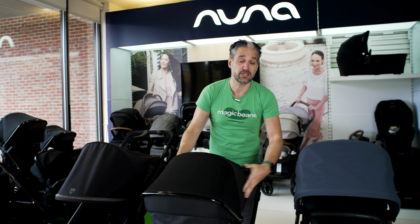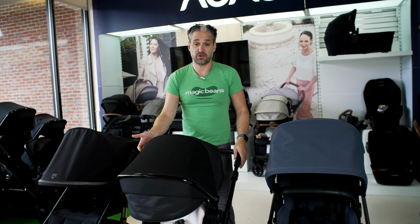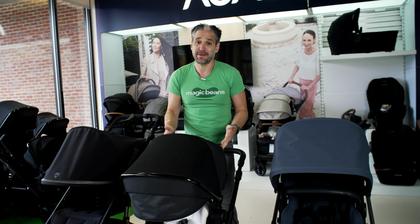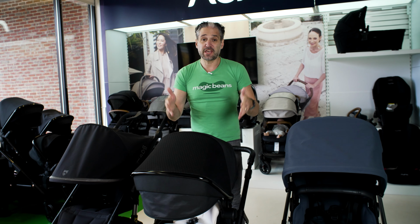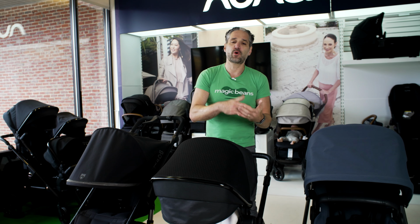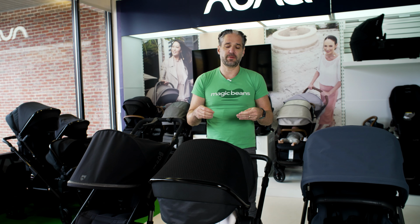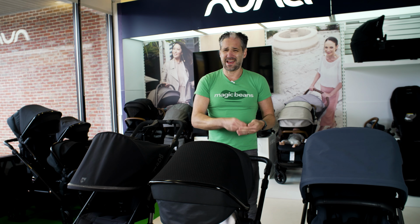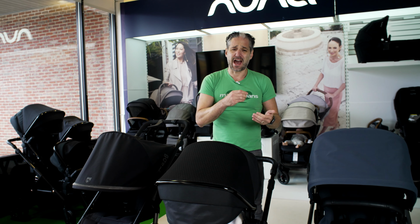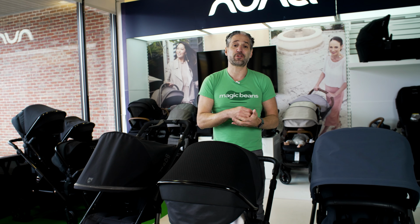Like if you like a Silver Cross Comet, which is a stroller that does not convert into a double stroller, that might be the right stroller for you. Think about how you're gonna be using the stroller in the next 12 to 18 months, and think about what you need right now, because especially if you're a new parent and you're trying to get out of that new baby, having a stroller that you're absolutely going to love right now is the most important thing to keep you